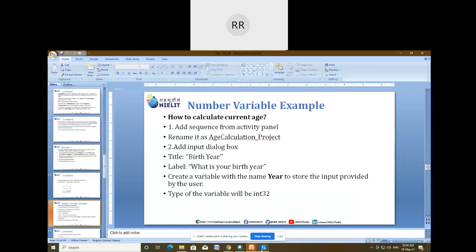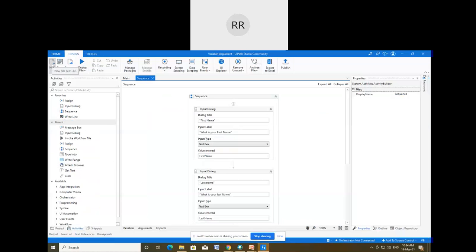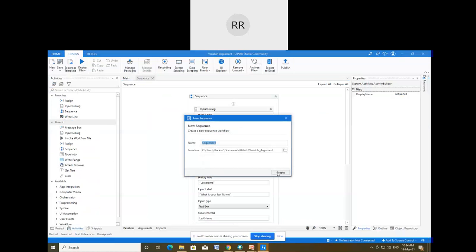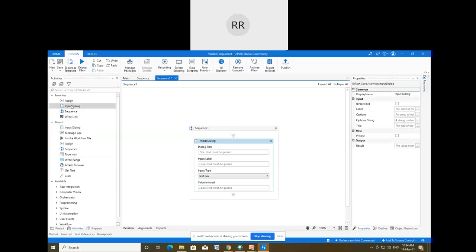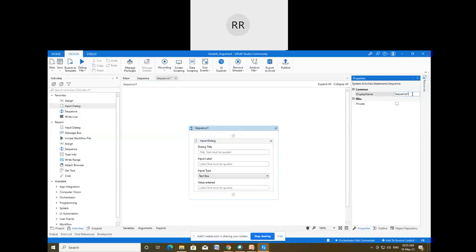Okay. Now again, let me open the file. How we can open this file, I have already discussed in yesterday's session. First of all, I'm going to connect this sequence and the input dialog. Since I want to rename this file, we can also learn how to rename the workflow file. Once you open the properties panel, from here we can change the name of this file.